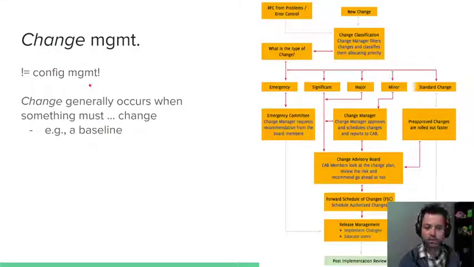You'll think they're the same things. They are not the same things. So change management is a subset of config management effectively. You have to make a change of some kind. So let's say that you create a baseline, you create a tag, a release candidate, whatever it is. You have to update it for some reason, whether it's your next sprint, your next release, or a customer requirement changed. You have a change that has to occur.